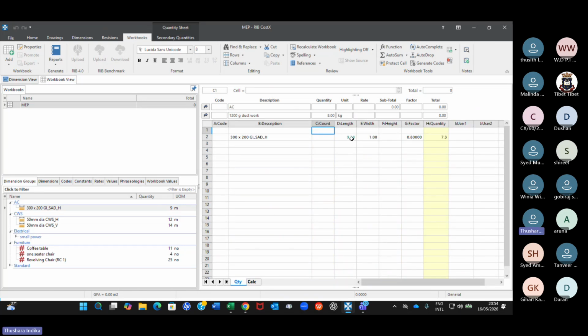But if you know the length, if you know the girth, like what I did, you just convert this 300 by 200 into 1 meter girth, and then you can apply a factor if you want to convert into kilograms, and then you end up with kilograms. Or if you don't need the factor, you end up with square meters. Either way, it depends on how you want to do that,